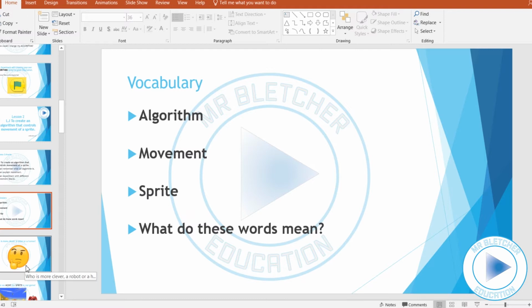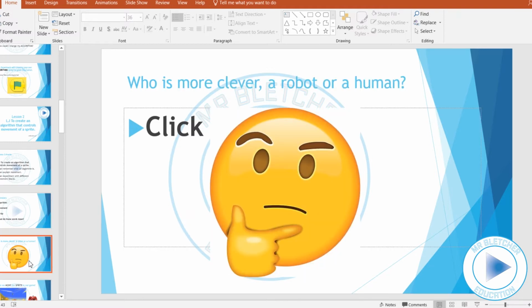So sometimes we use big questions, and here's an example of one here. Who is more clever, a robot or a human? Let the children discuss, give you reasons why, and then ultimately you can tell them that it is us humans because we control the robots through inputs. We've not managed to have a robot that's turned against us just yet, so we can talk about the idea that humans control those robots through algorithms as well, so it reinforces what we've done before. So, going on to movement,